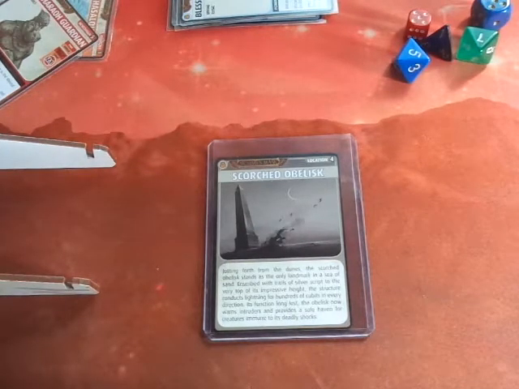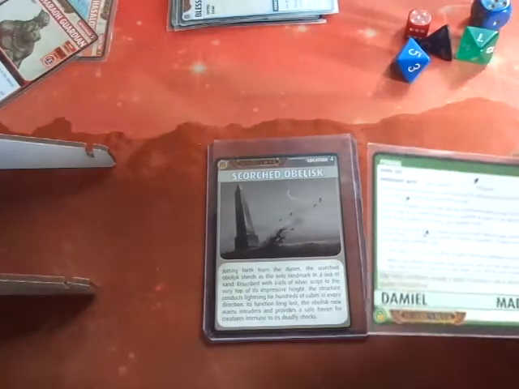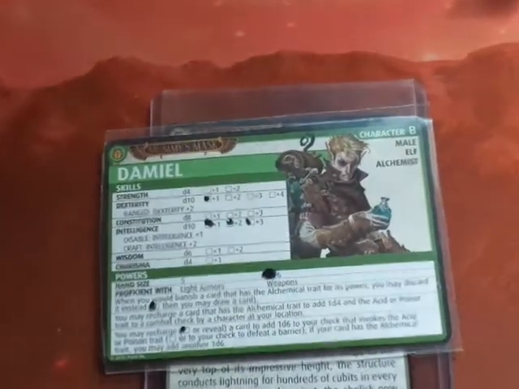All right. Let's go ahead and look at the reward for the scenario. The reward for the scenario was a skill feat. So let's take a look at Damiel's skills. What we've been doing with Damiel, zoom in here, is we have been just focusing on his intelligence, and we've